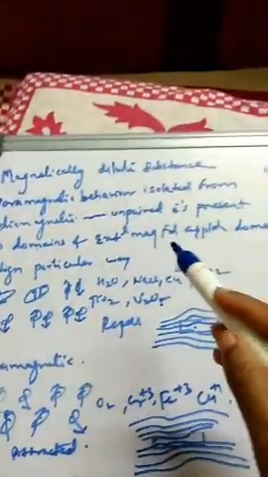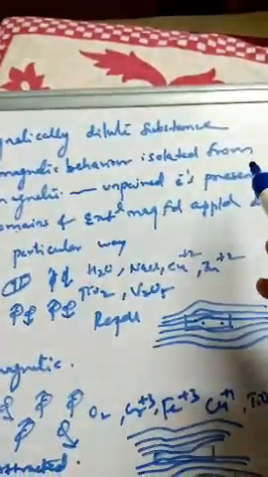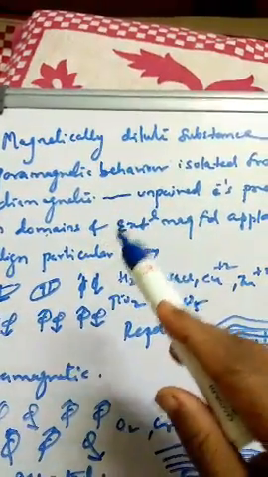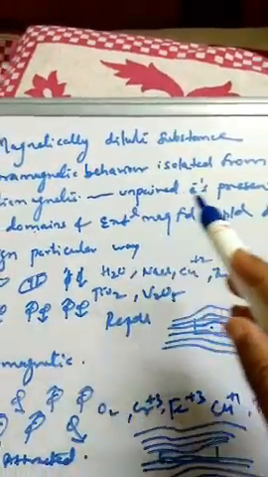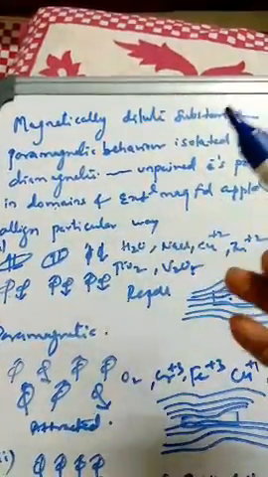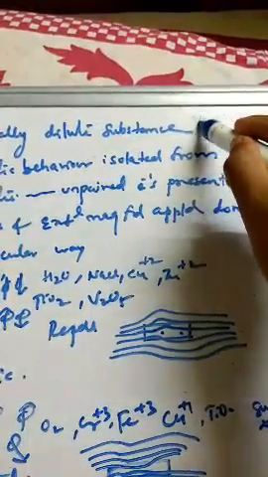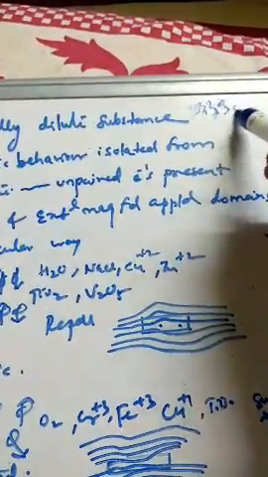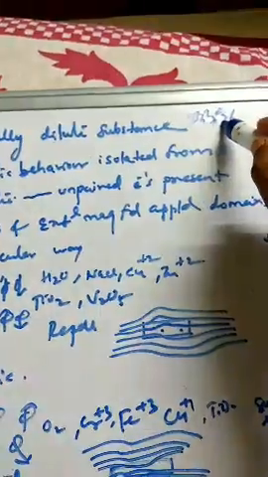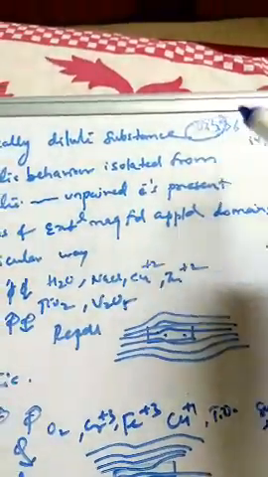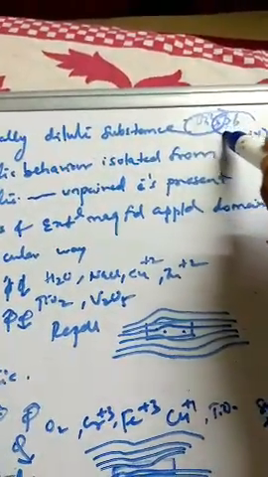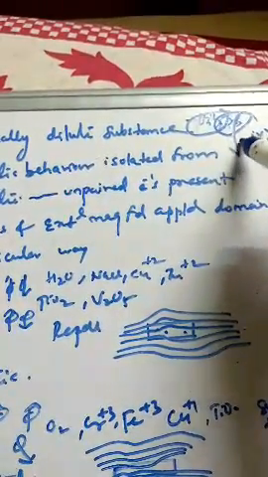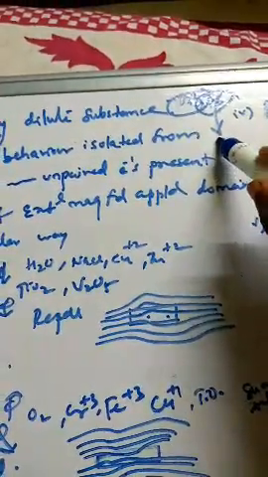In any of the metals, both behaviors will be there, diamagnetic and paramagnetic. When the paramagnetic behavior is isolated from the diamagnetic property, the unpaired electrons present in the form of domains, that's called magnetically dilute. So we are not considering the diamagnetic part, 1s2 2s2 2p6, all are filled. We are isolating that. Now this paramagnetic 3s1 is there, so we are isolating this orbital having the particular electron.